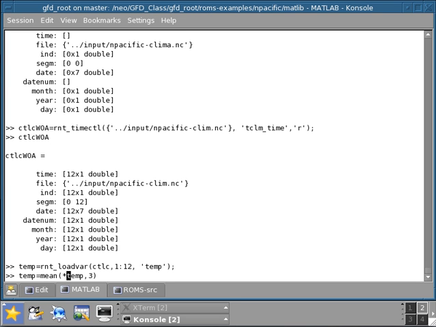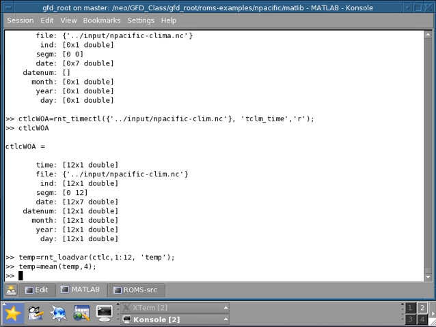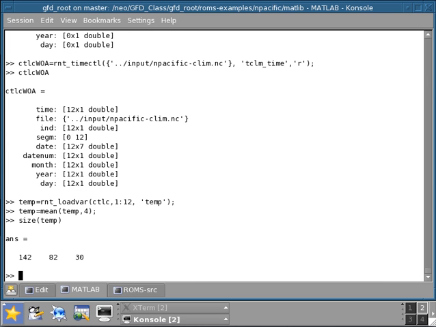So this, because all the months. And in this case, I have to take the mean on the fourth index because this has two horizontal dimensions, a vertical dimension, and then time. So I do this. So now I have the annual mean temperature of the model,